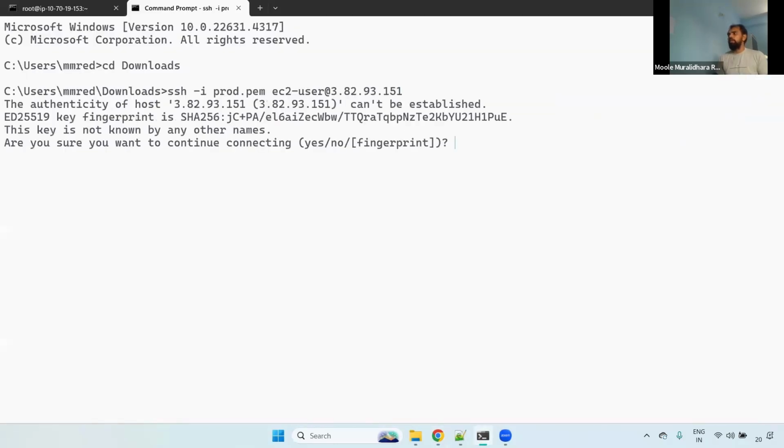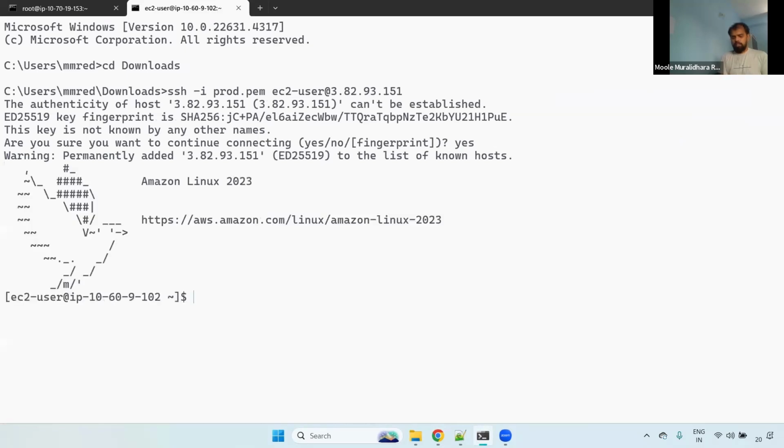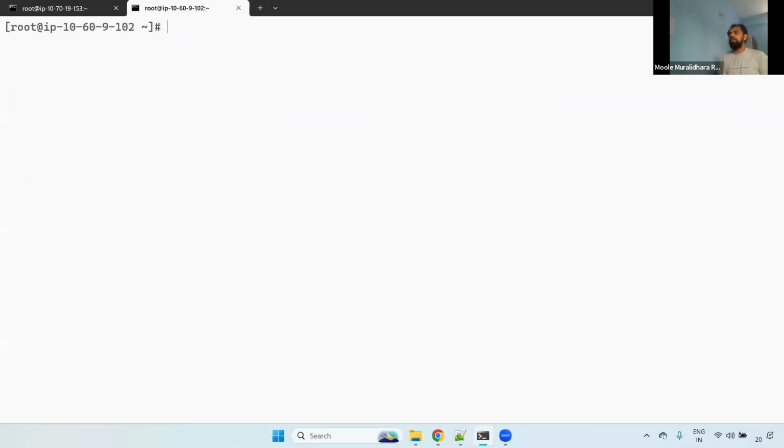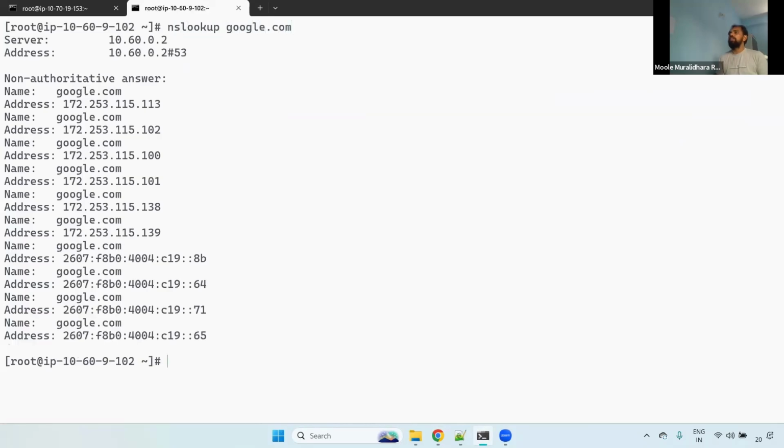I'm connecting to the public server as well. Now I'm using nslookup google.com. Now if you see here, it is using the default